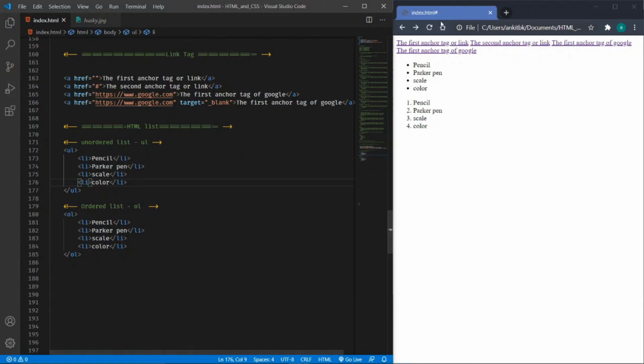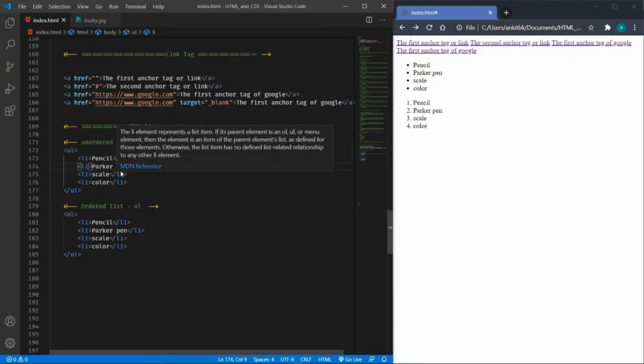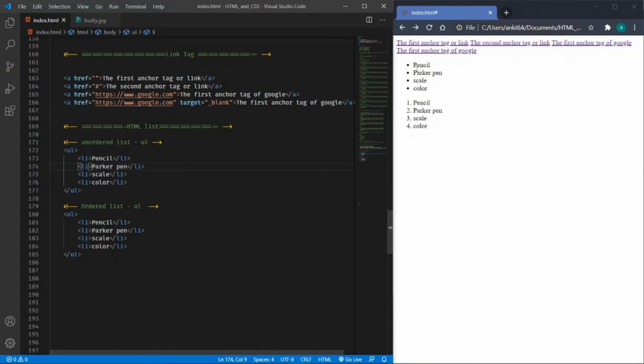I'm saving it and refreshing it. So if you are placing the li tags one after another in a code and you refresh it, it will take the whole width of the page as shown in the figure. So every block element tag is starting on a new line. As you can see here, it is always on